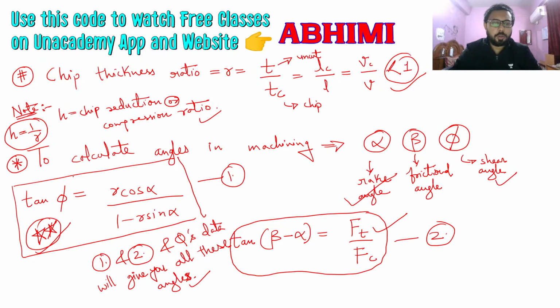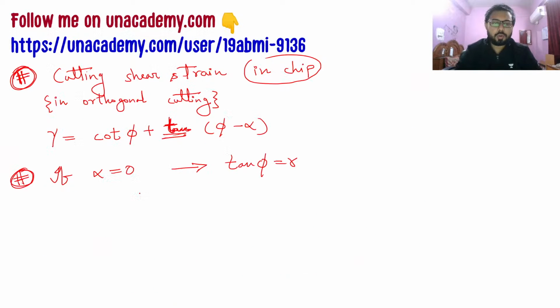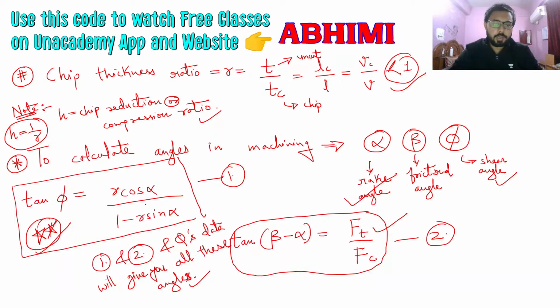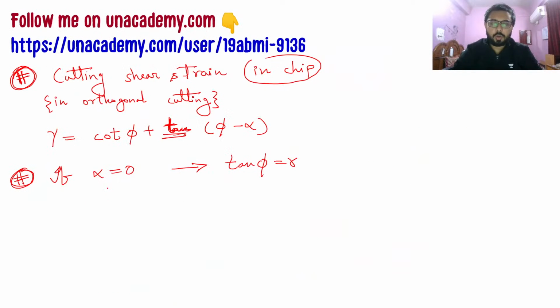We are getting this from this alpha is 0, this term will become 0, this term will become R, so this one will become 1, so this whole term will become tan phi is equal to R. So then what will happen? This gamma, that is the shear strain, will become 1 by R plus R, and 1 by R plus R, I should have written it like this,